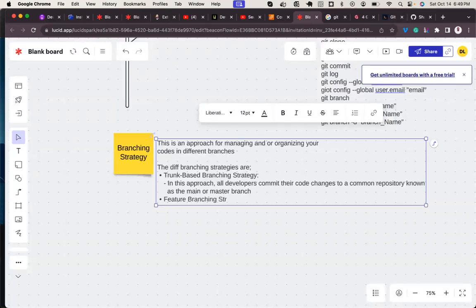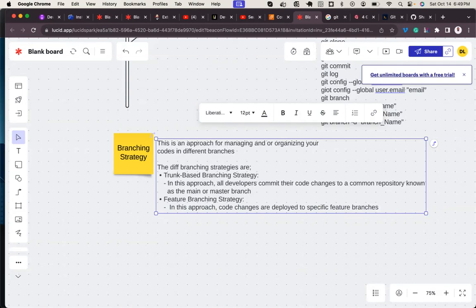Feature branching strategy. In this approach, code changes are deployed to specific feature branches.